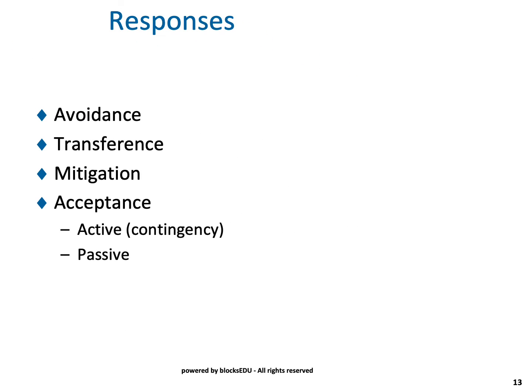So now we're going to look at some common responses to how you do risk planning. You can do avoidance. Avoidance basically means don't do whatever that task was that's too risky. Just don't do it. Replace it with some other tasks. The next thing is transference, where you can actually transfer that risk from your area to some other area.